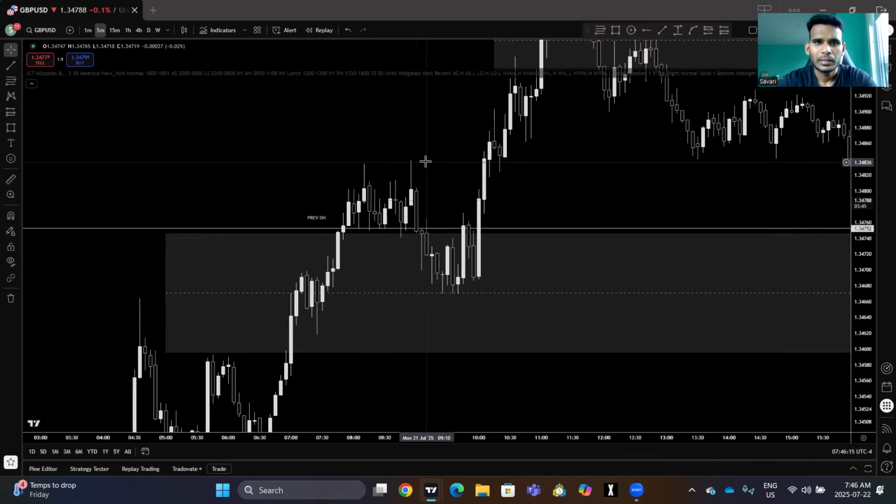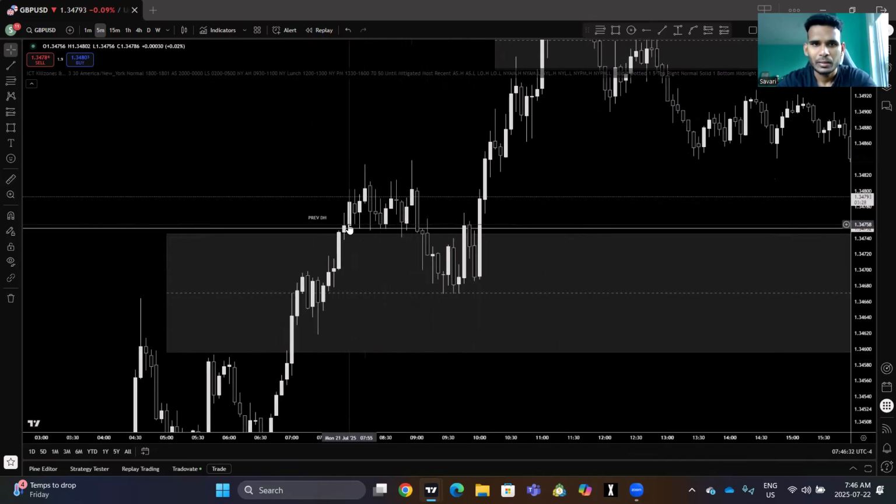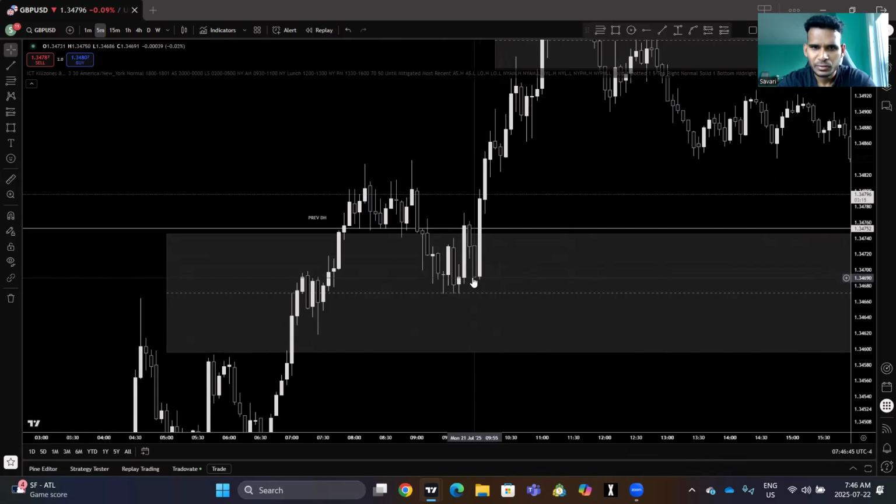Liquidity sweep after the daily high, but it's not a sweep. Think about that. I knew that. Most of the time, I never consider it a sweep. A sweep should be like this. It's not actually a sweep. It's engineering the liquidity. But I considered it a sweep, unfortunately. And once I got the structure shift, the big displacement, I was like, I can short the market, right? So I shorted here, I shorted here, and I even shorted here.